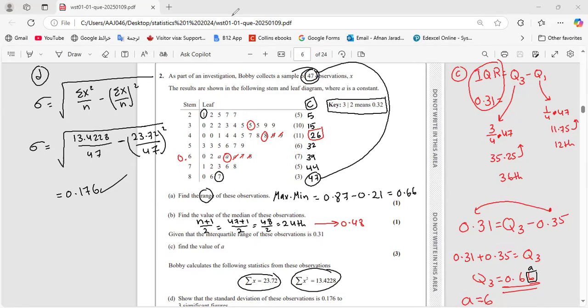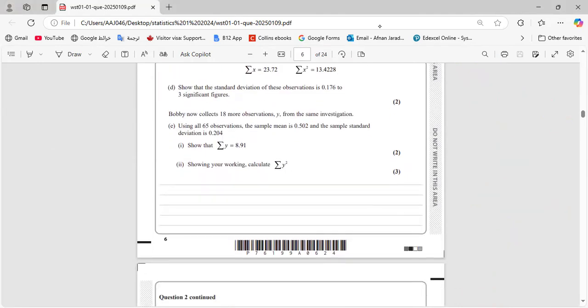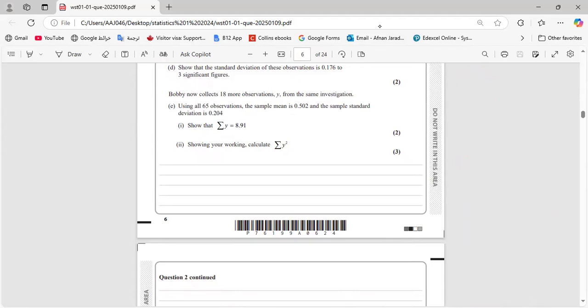Going to question E. Okay, Bobby now collects 18 more observations. So you have 47 observations and you add 18 more observations, which are from the same investigation. Using all 65 observations, which is the 18 plus the 47 observations,